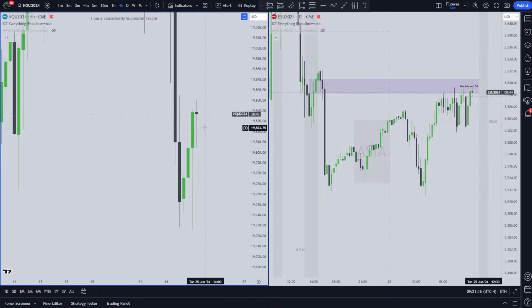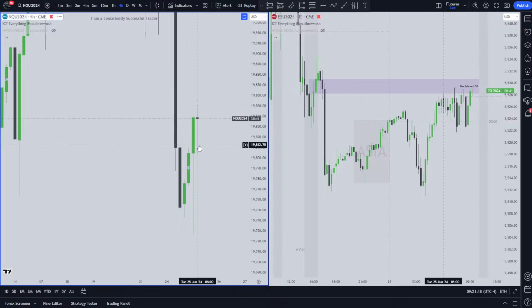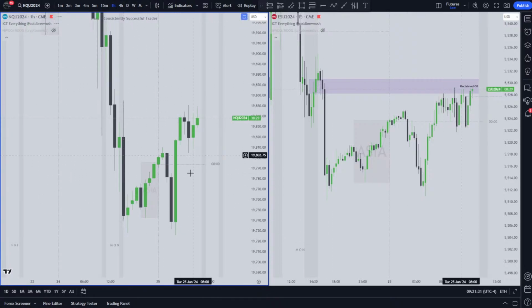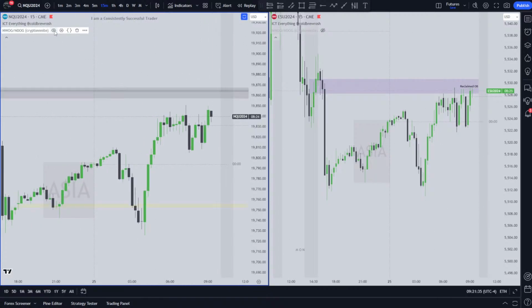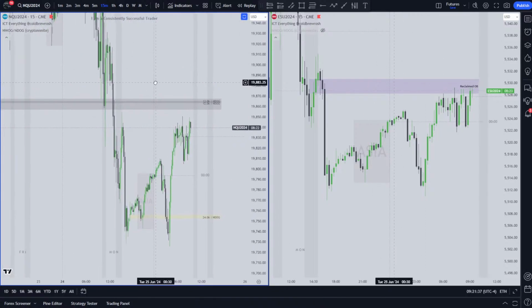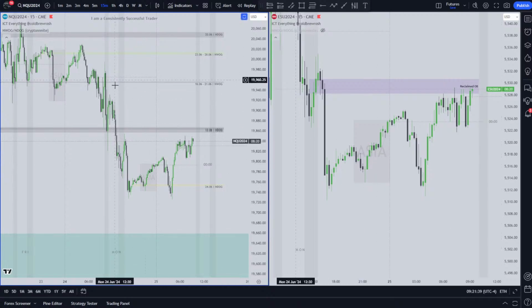Four-hour candle looks strong, open, large manipulation lower with a potential bullish closure, just like this previous candle here. I'm gonna check our NDOGs and NWOGs. So around where we had our 50% drawn, there is NDOGs.